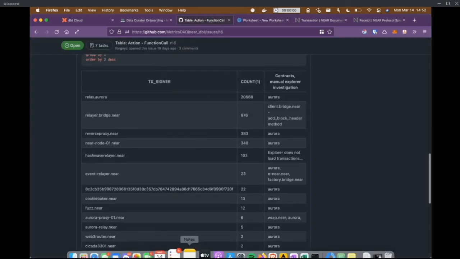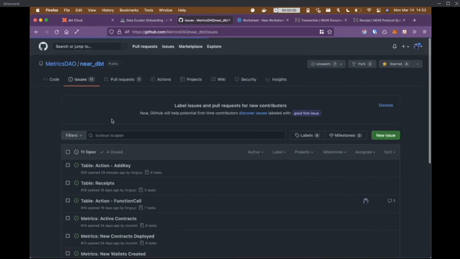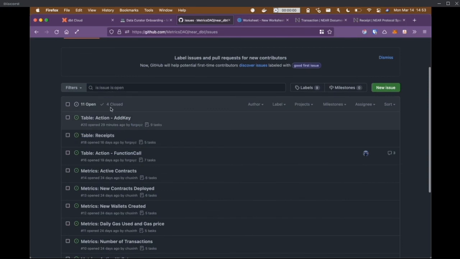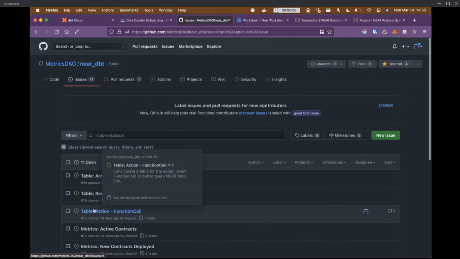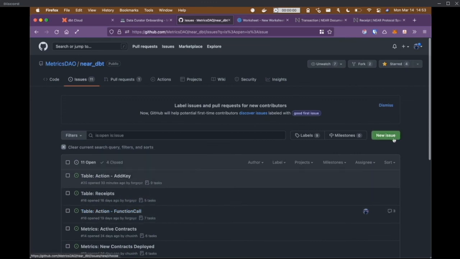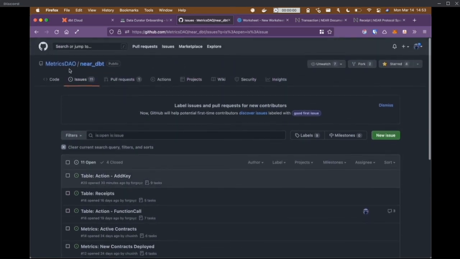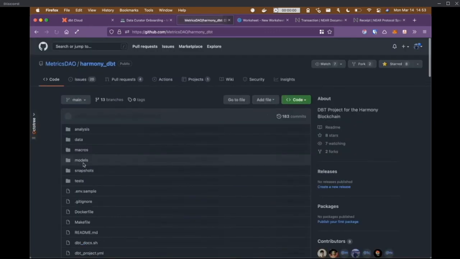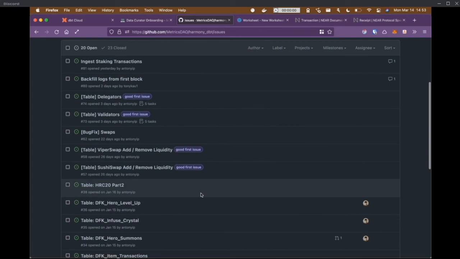And feel free to hop in on GitHub if you just want to see other actions and issues that are going on, what everyone's working on, what's been done. That all lives under issues. If you have any thoughts on something that could be added, it's open. Feel free to open a new issue or comment on anything. That's both for near. I don't personally do all too much in Harmony, but there's also plenty of activity going on over here. And I think Ant has done a pretty good job